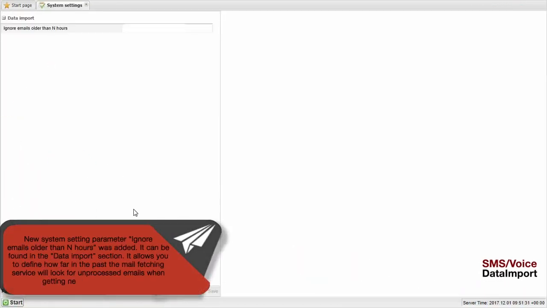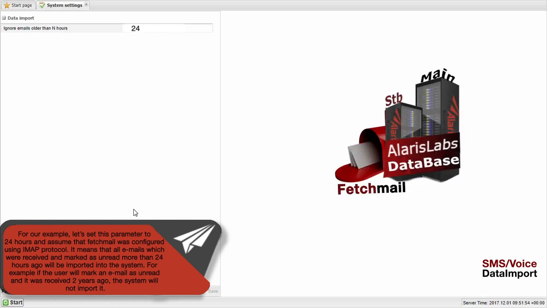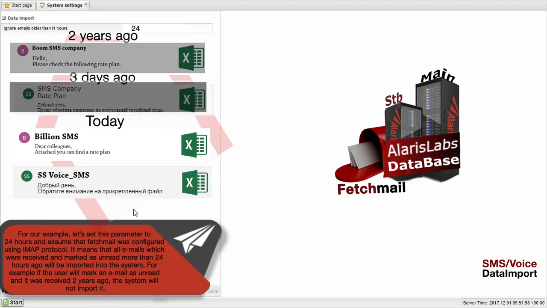A new system setting parameter, Ignore emails older than n hours, was added. It can be found in the data import section. It allows you to define how far in the past the mail fetching service will look for unprocessed emails when getting new ones imported. For example, let's set this parameter to 24 hours and assume that fetch mail was configured using IMAP protocol. It means that emails which were received and marked as unread more than 24 hours ago will